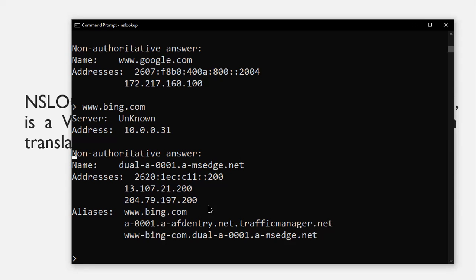DNS will direct you to another server which is working. That is the reason why a domain name can have 2, 3 or more IP addresses: to make it highly available on the internet.